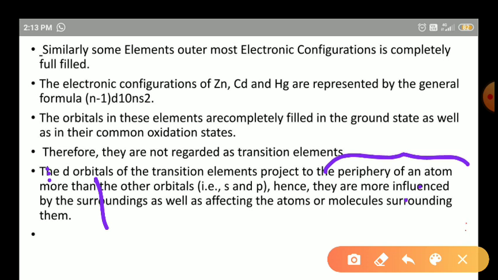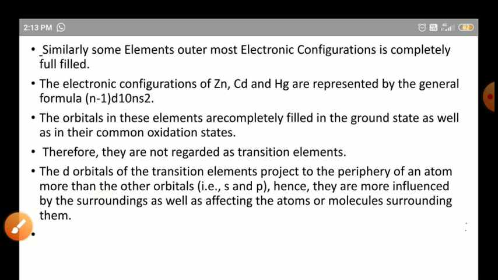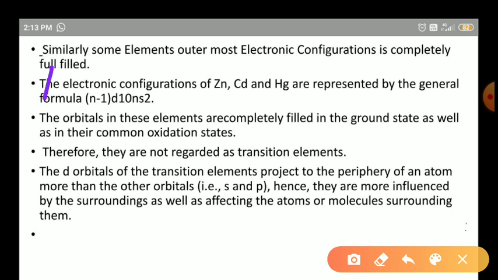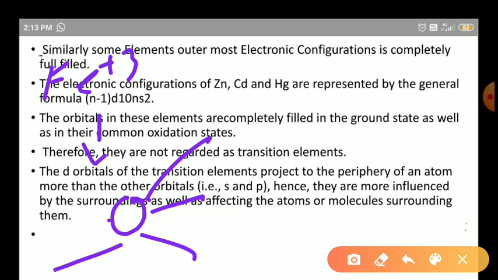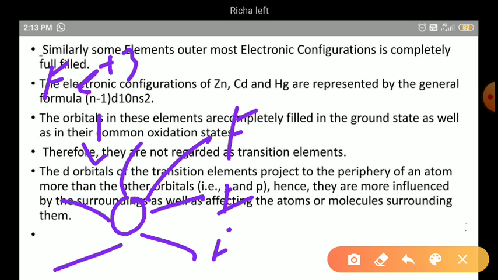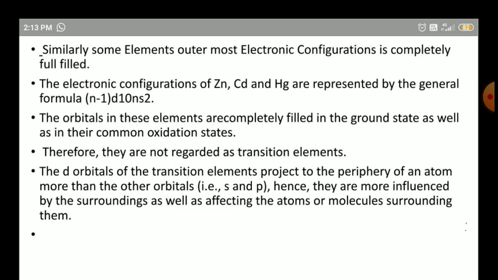Is it clear, students? Okay, good. Iron is in the plus 3 state here. Plus 3 state means the size of iron decreases again, the charge decreases, which means the nuclear charge is high here. So it can bond with more number of species, more number of elements around it.